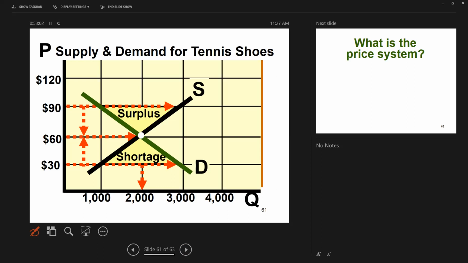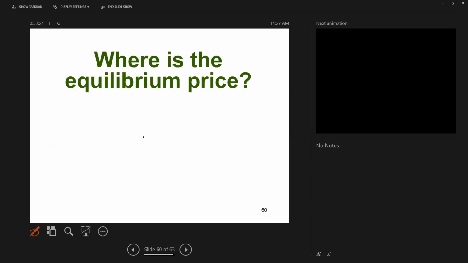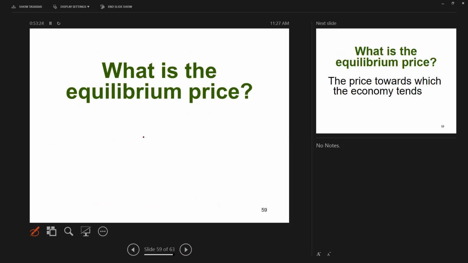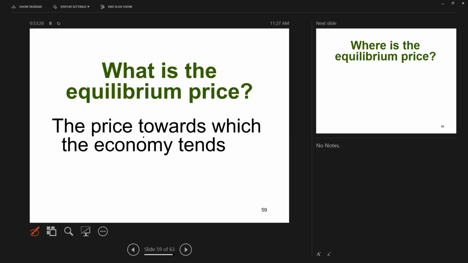The supply curve, the law of supply says that as the price of a good or a service goes up, the quantity supplied increases. That is a positive slope. Where these two curves meet, we call that an equilibrium or an equilibrium point. Okay, that's very important. Where those two curves meet is called an equilibrium point, and they meet at one and only one unique price, and that is the equilibrium price.